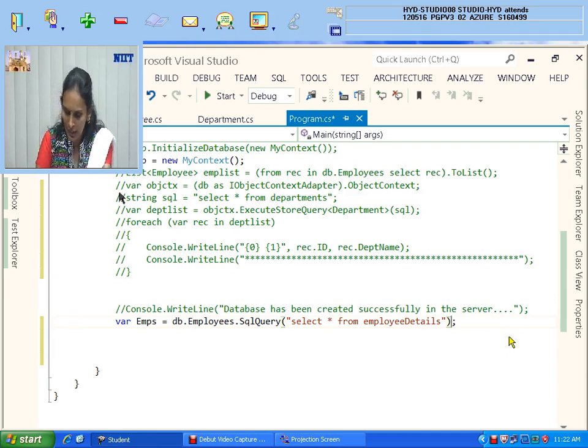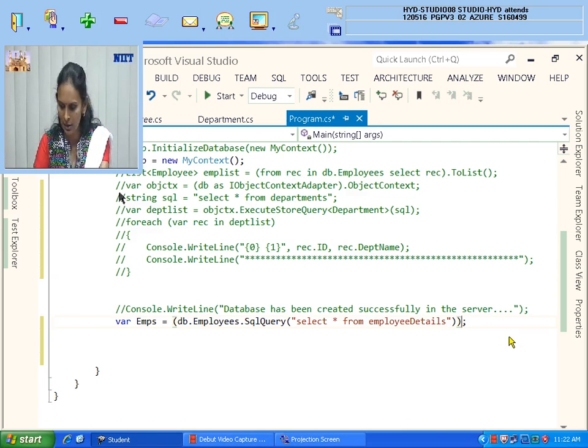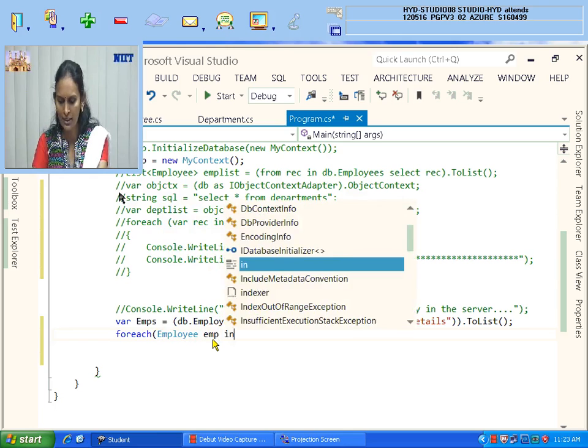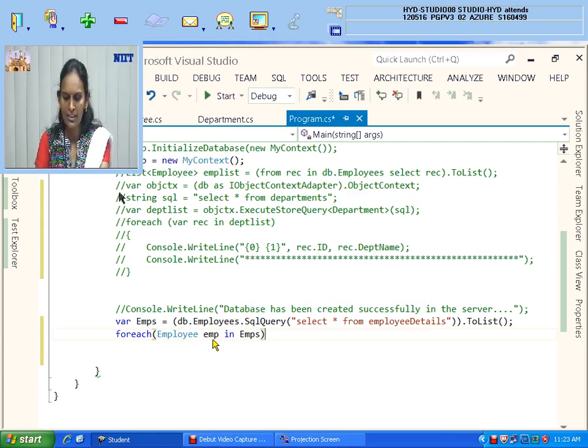So all the records, sorry, this is not yet finished, my dears. This entire query I should put in the bracket, and I should say dot ToList, because I want to execute it and get the result. See here, I have converted it to a list, so it got executed also, and the result is already there in EMPS. Only I need to take care of the printing for each group. So record by record I want to take it; you know that it is the employee class type, so EMP in EMPS. From EMPS one record I am taking into EMP, which is of type EMP.